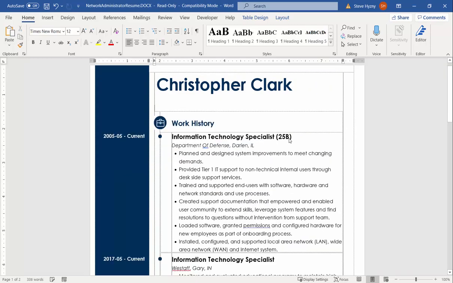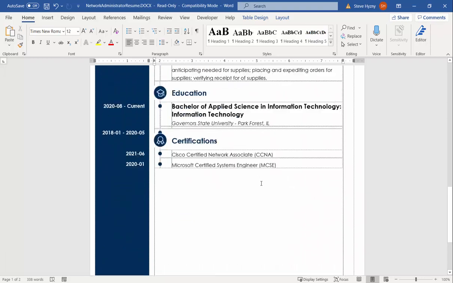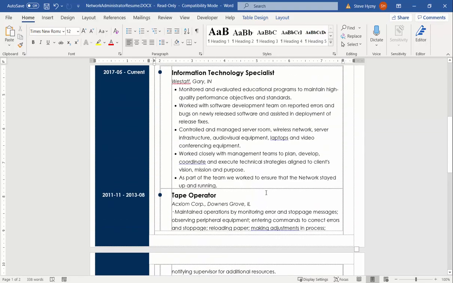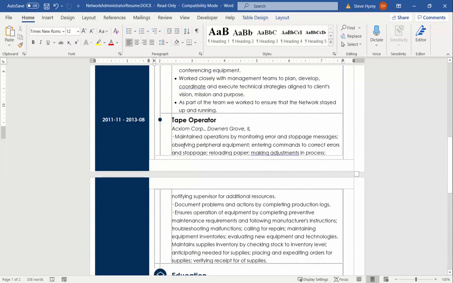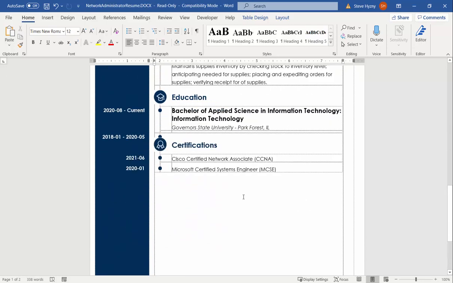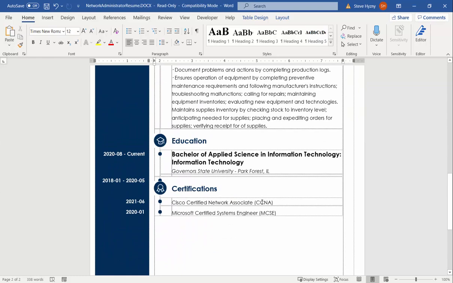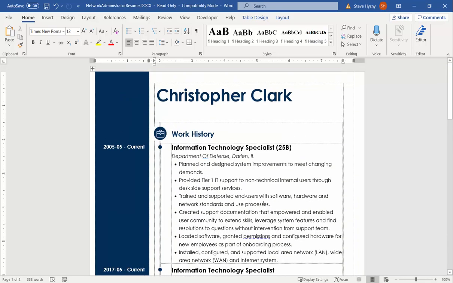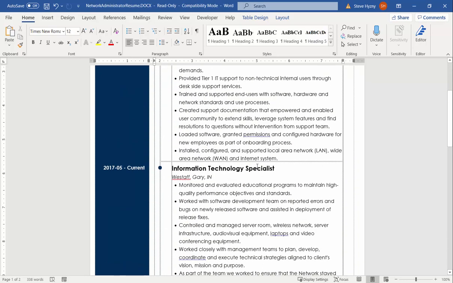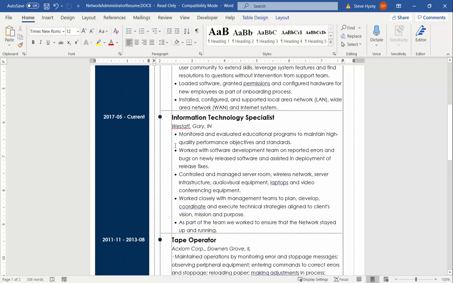We took his address out, so that is supposed to be underneath here. And we're still too long because this person's had 2 primary jobs and a third one, and education and certifications, and we're on 2 pages of a resume. This is not an experience level for a 2-page resume. This should be 1 page, concise, easy. So I would work on these to shorten the descriptions, combine them.